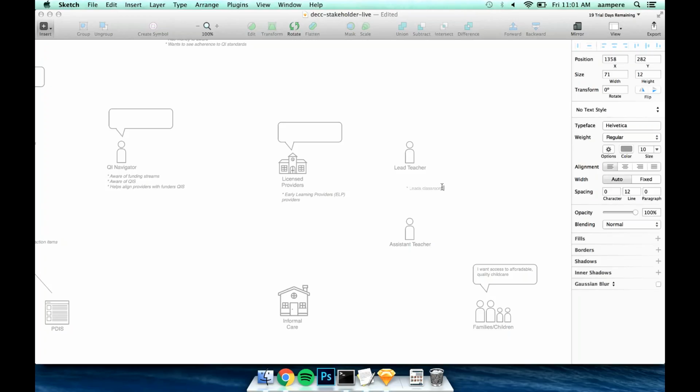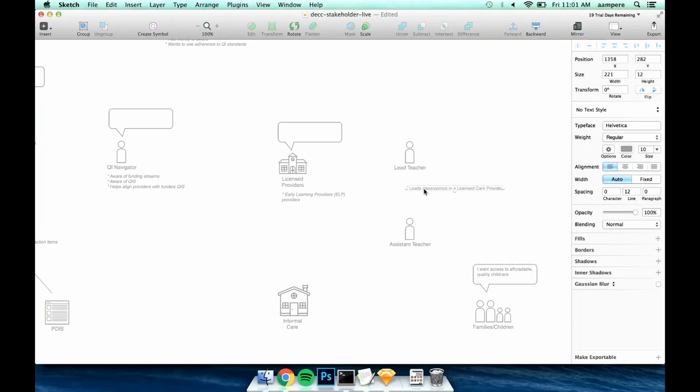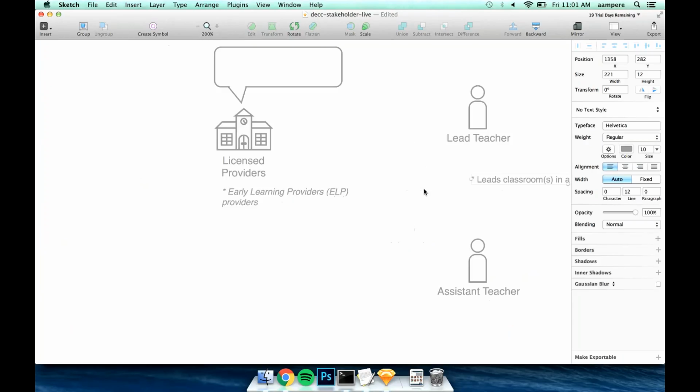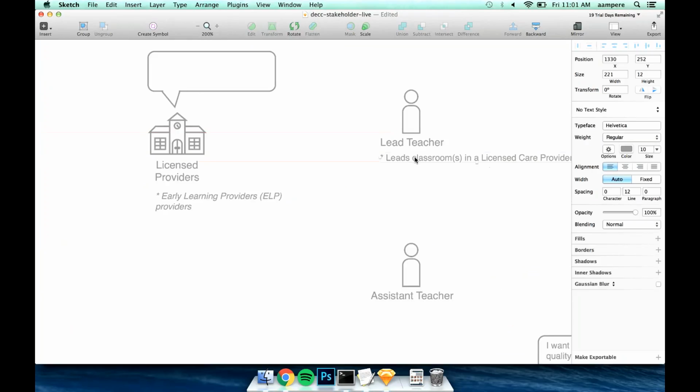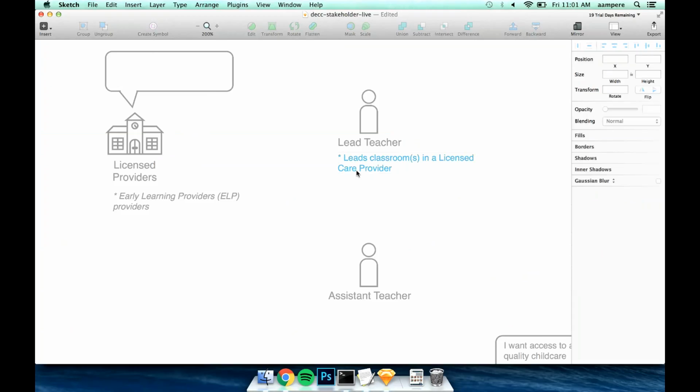Historically, we haven't done as much with lead teachers, but remember that this is also future looking. If there were pathways or areas where we want to have additional functionality in EC Connect, having particular information for a lead teacher as opposed to just the director or primary contact might be something we could do. So we're thinking both of how things are now and how things might be based on roles.